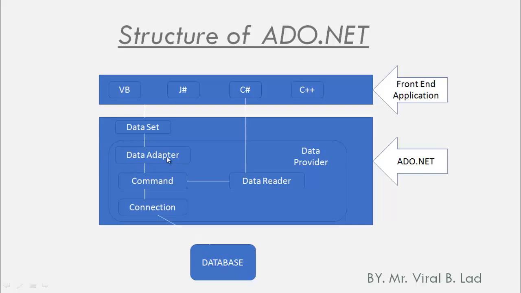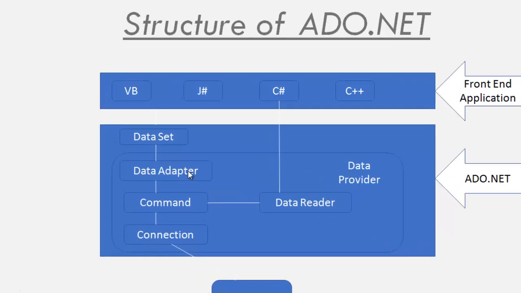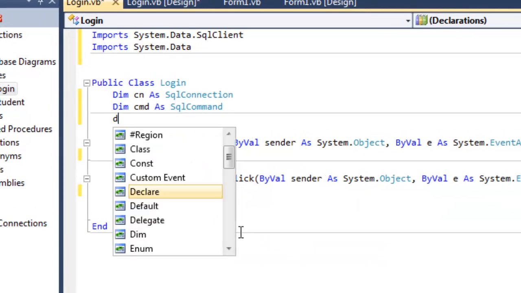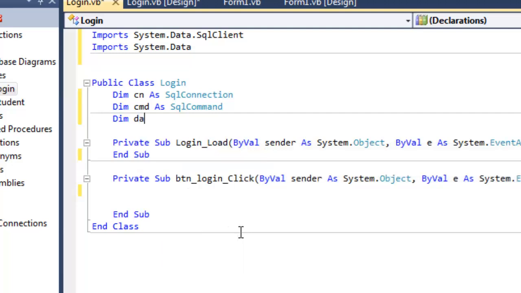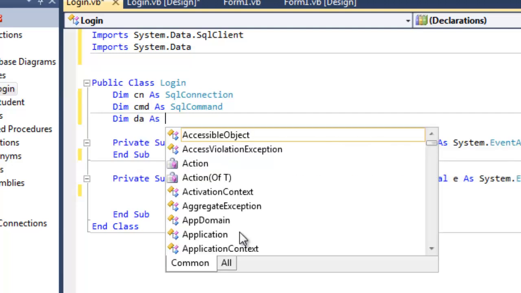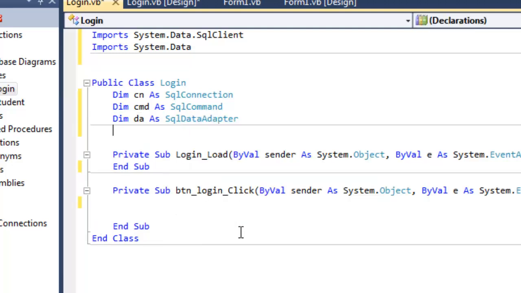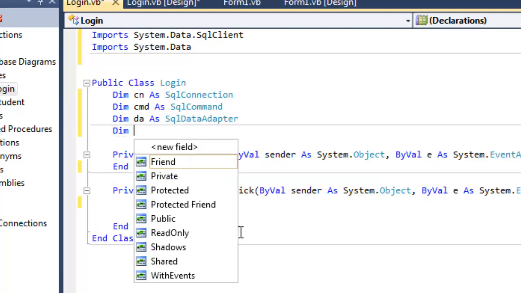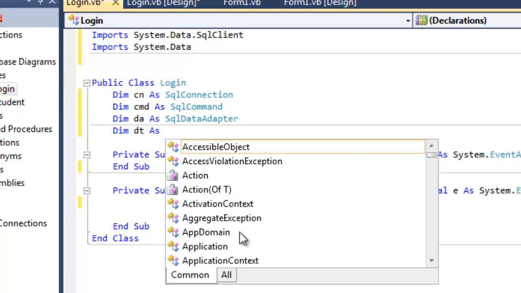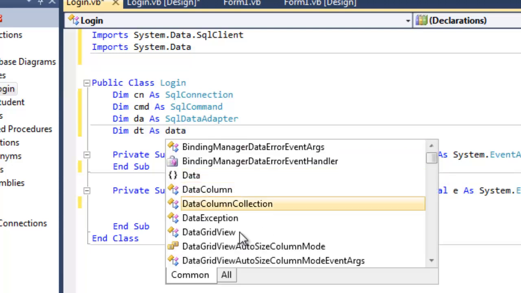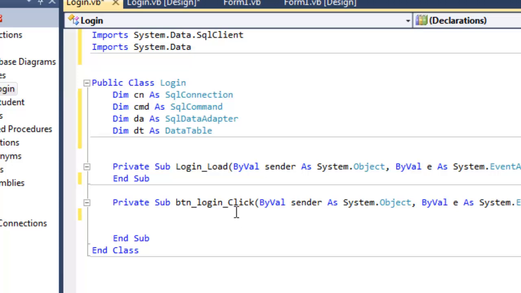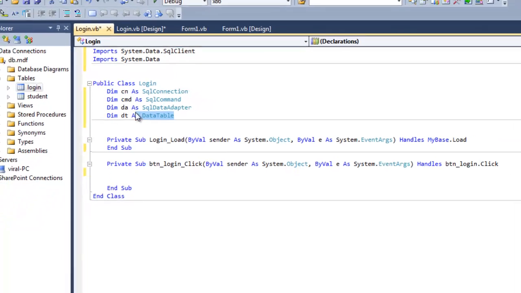Without data adapter we can't communicate with dataset. So we have to create one object for data adapter: Dim da As SqlDataAdapter. And another, dt As DataTable. What is data table?